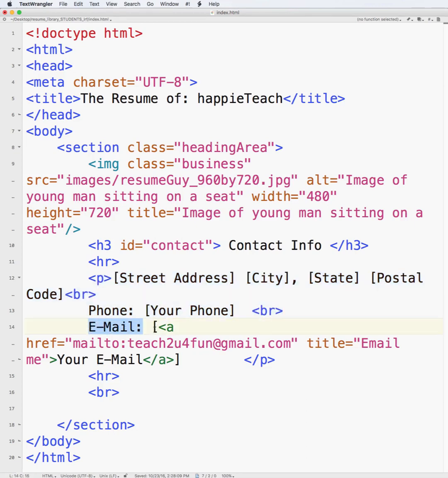Now after the email we have the link. We made the link for our email. So the link for our email was this A, right? The A tag by itself is just a tag, the open A and the close A tag. But then inside of there, we need the href because we need to tell the browser what this link is referencing. What type of link is it? Is it an email link? Is it a